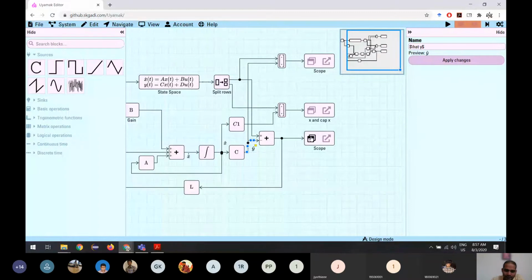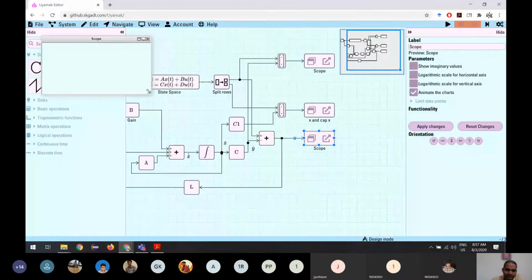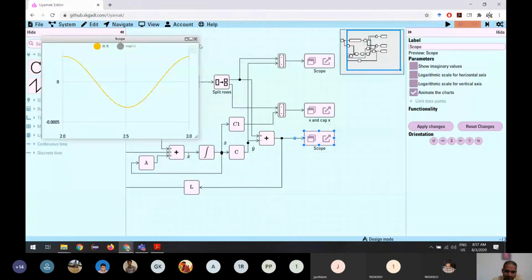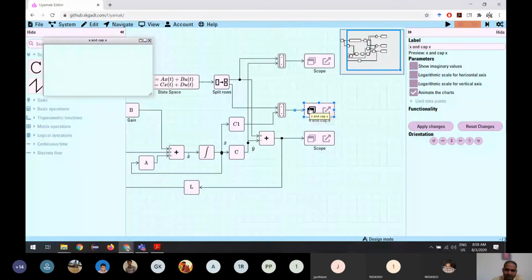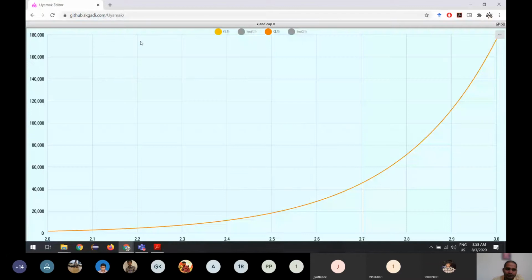So we can see this is the output, where we can see what is the observed value and what is the real value. This is just the Y cap. Oh, this is the error. No, I want to see both of them here, x and x cap. Let us see. If we see, both are coinciding, one on top of the other. Both are the same, so we are observing very accurately.